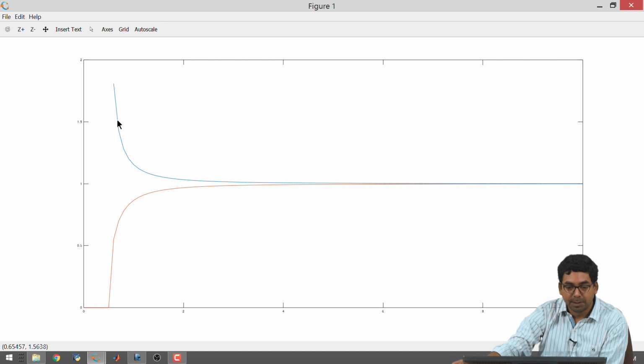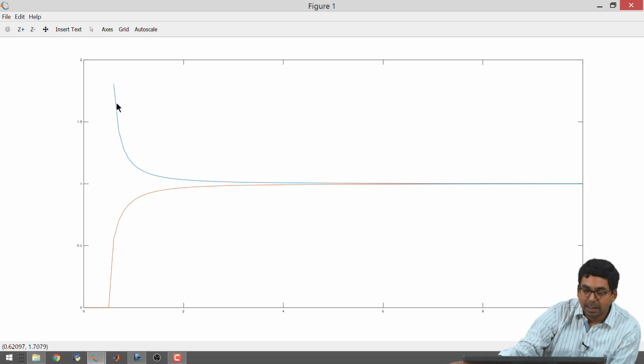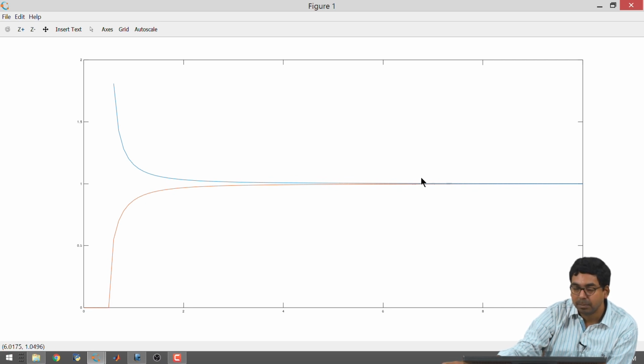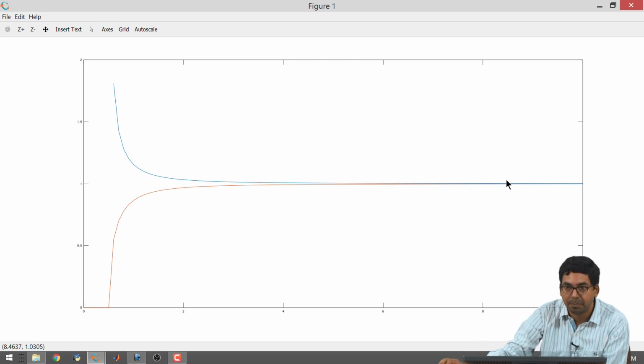I remember that this was phase velocity, all right, and phase velocity was higher than 1, okay. It was higher than 1, all right. In fact, it was going all the way to 2, it could go to infinity also, right. And then it was asymptotically coming to 1, that was phase velocity. The group velocity is lower than 1, in fact, it is 0 in the beginning, and then it is going towards asymptotically to the value which we have defined as V1 in our program, right. So, it is starting with low value of group velocity and going all the way and becoming V1.